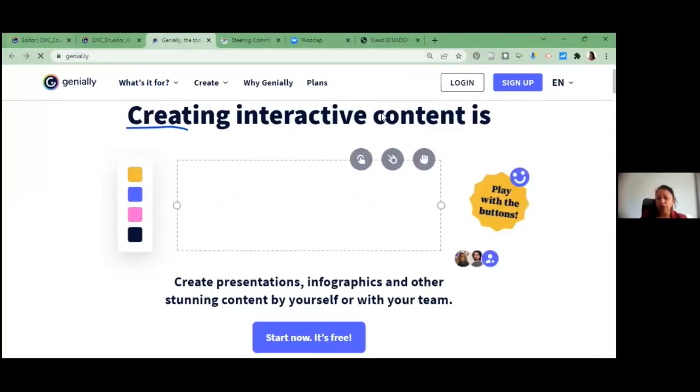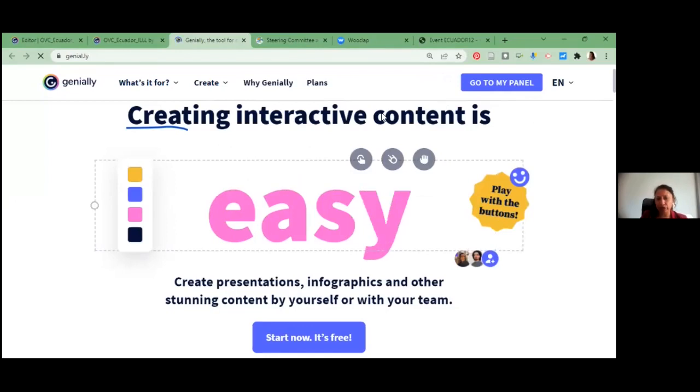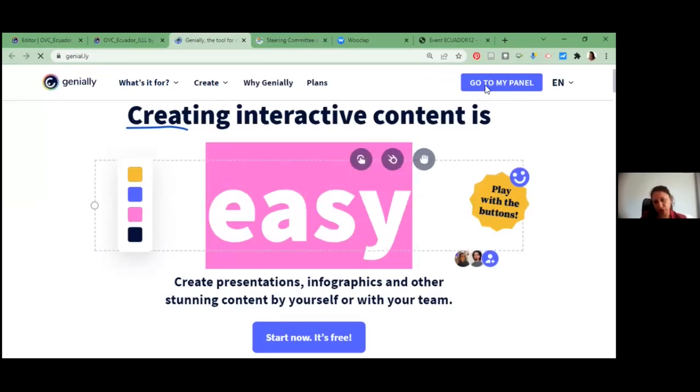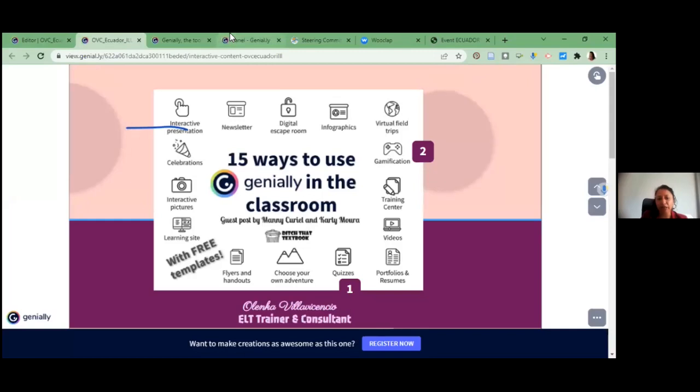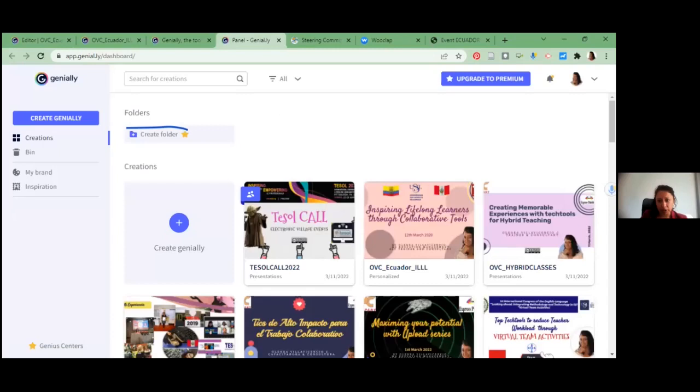So click here, and I go immediately to Genially. With Genially, you are going to sign up with any Gmail account. I recommend that you have different Gmail accounts, similar to me. One is for my institution, because it's not a good idea to combine the institution with something that you love. Okay, and I am here. I am going to open this part. As I told you before, this is my Genially, and this is a free version, okay?